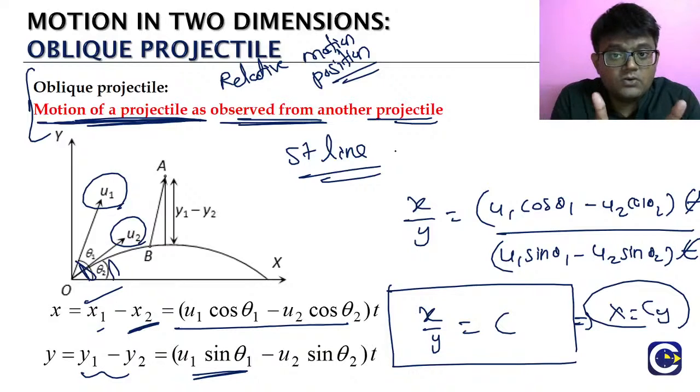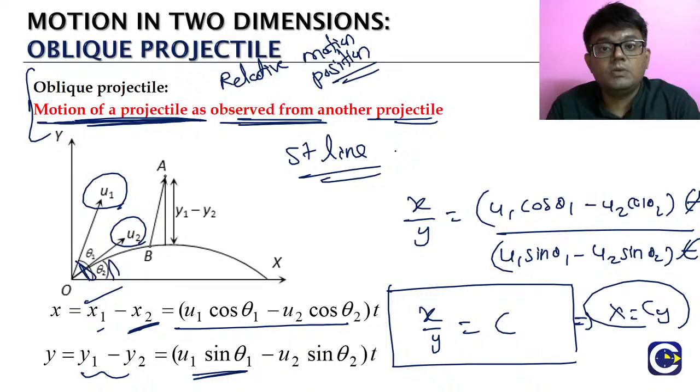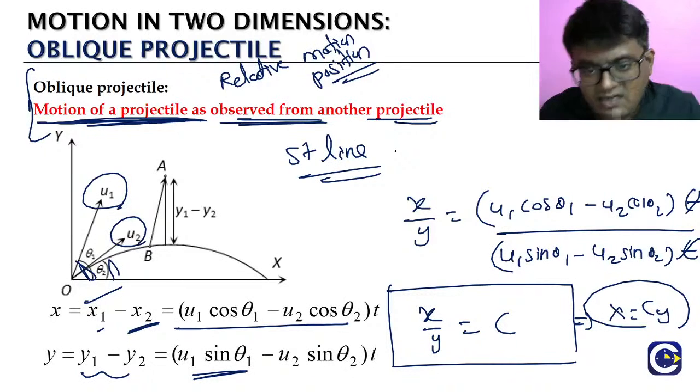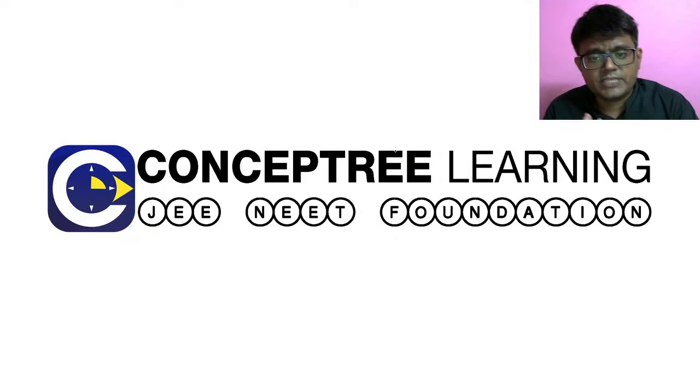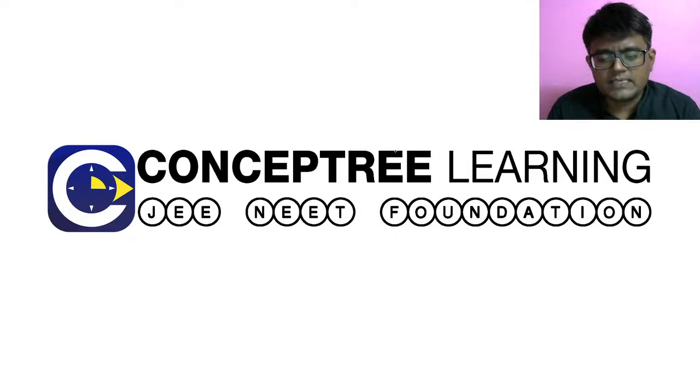இப்போ நம்ம என்ன பார்க்கணும்? We have to look at only the relative x coordinate and relative y coordinate relation. அது எப்படி இருக்கா? If you look at x by y, that is coming like a constant, which means what? The relative motion of one projectile with respect to another is going to be what? It is going to be a straight line. Okay va? So this is about the oblique projectile, and in the next class we will start with the